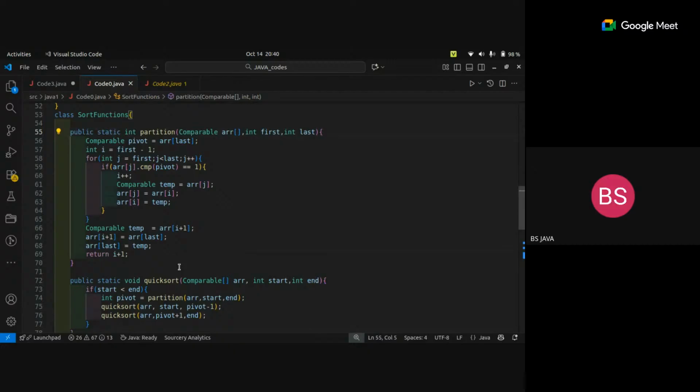This is an algorithm of sorting. But the important part for you guys to observe over here is, when I'm writing the sort function, I don't know which type will use this function, right? As I told you in the first session or in the second session, please have this idea while coding in